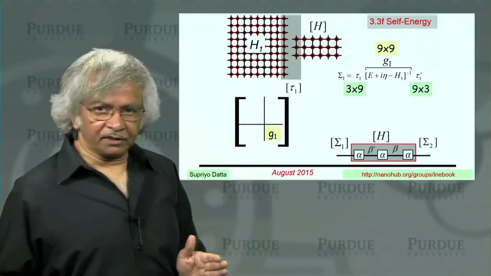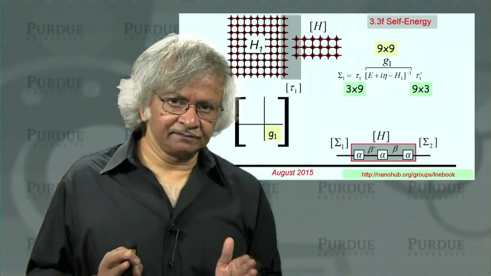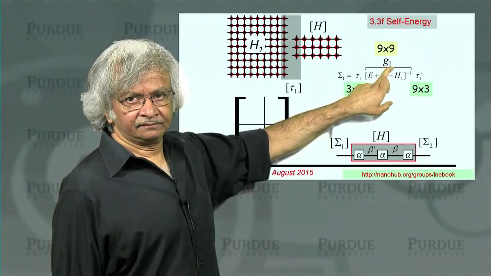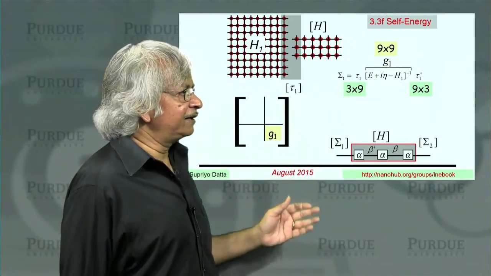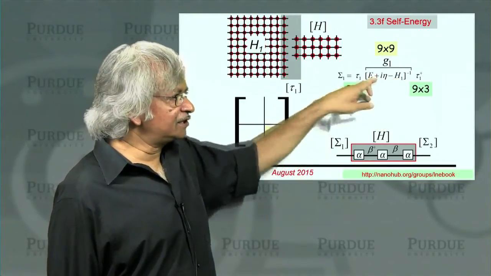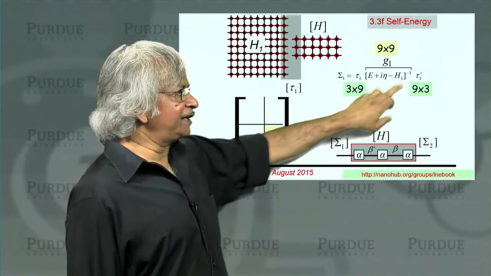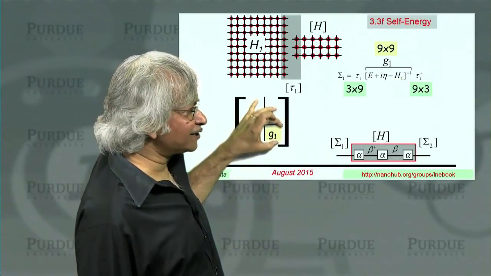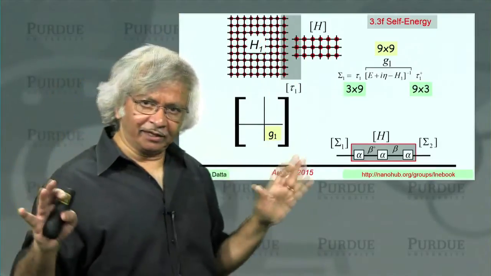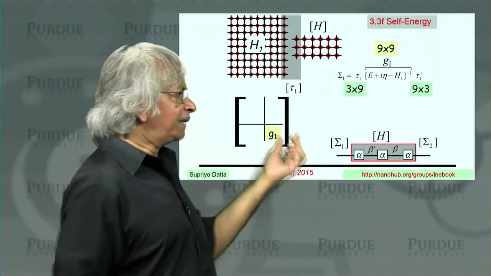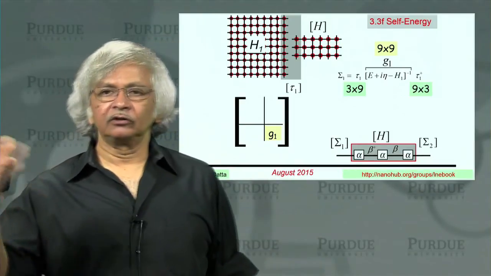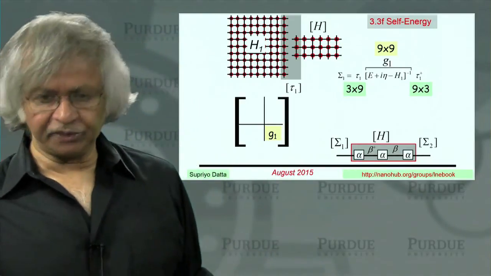So for our purpose, when you want to calculate self-energies, what you really need is just this surface Green's function. Right? And on the other hand, it's not straightforward to write down because you have to invert this whole thing. You cannot take the H and just take this part of it and invert it, because that won't give you the right answer. You have to take the whole big H, invert it, but then look at only this part. And how you do that is what we'll talk about in the next lecture.